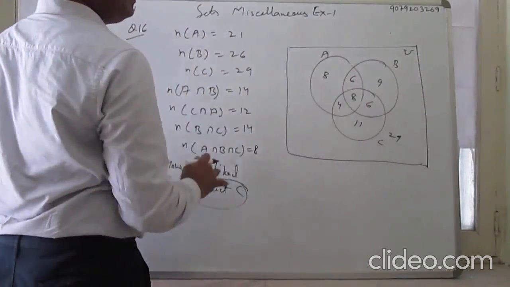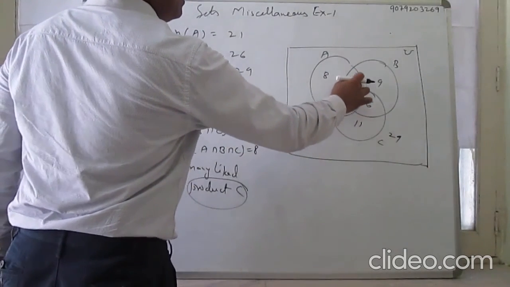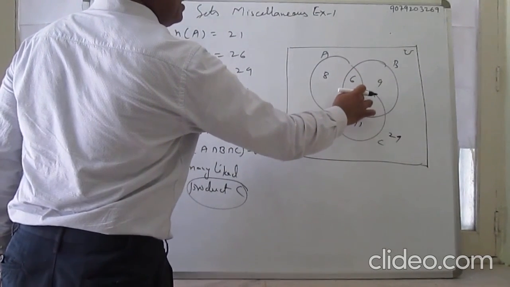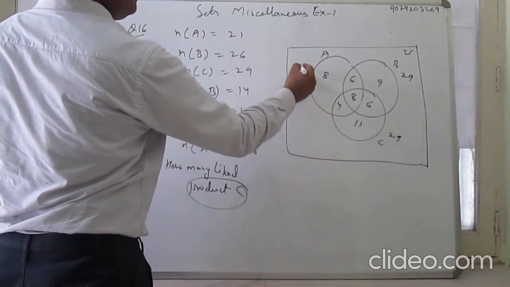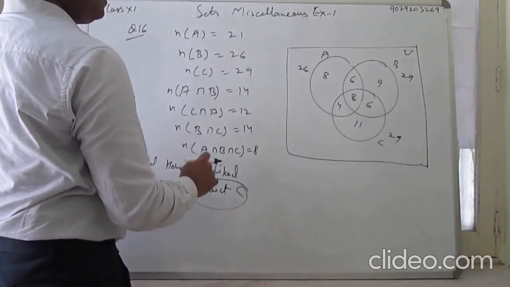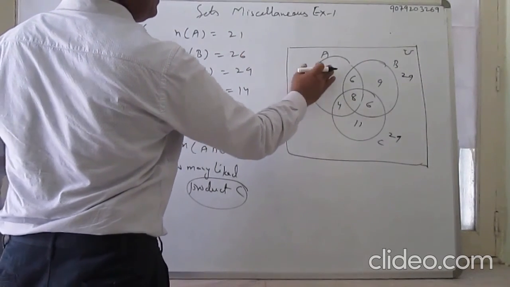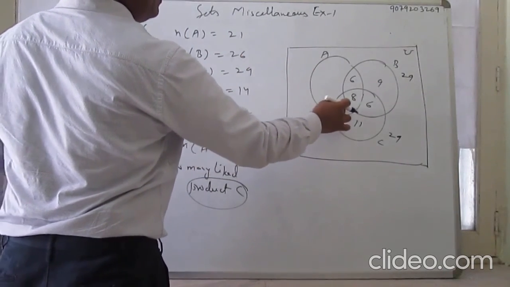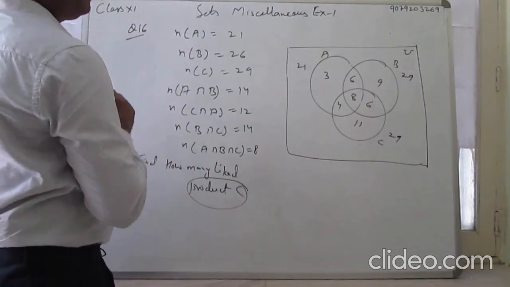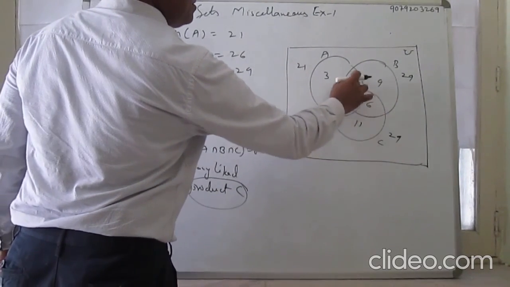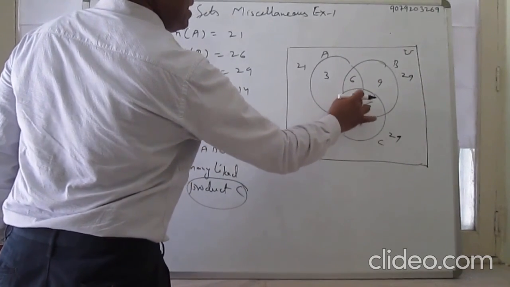9 only like B. If you add this, 15, 15 and 8, 23 plus 6, 29. It is 29 and it is 26. A is 21 now. A is 21. So it is 10, 8, 3, only 3. It is 21. It is 29. And it is 29. 10, 18, 29.